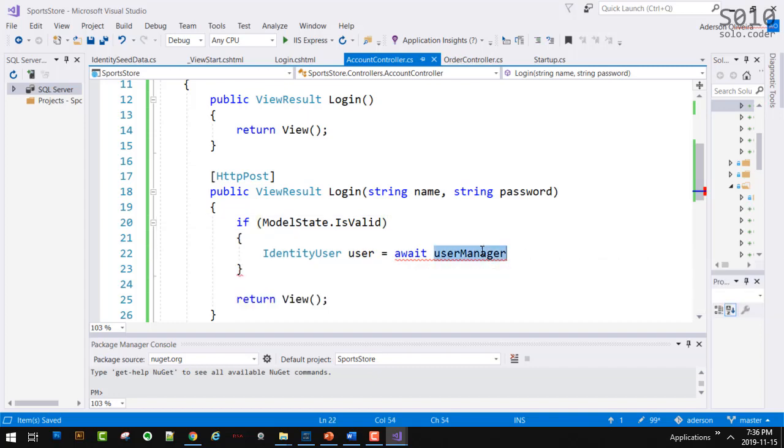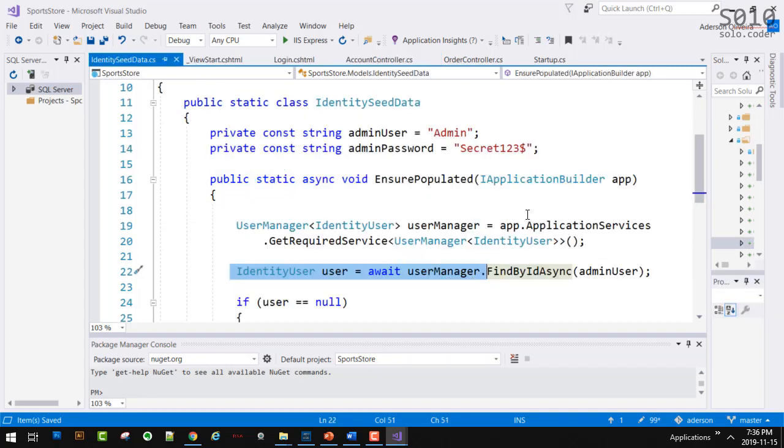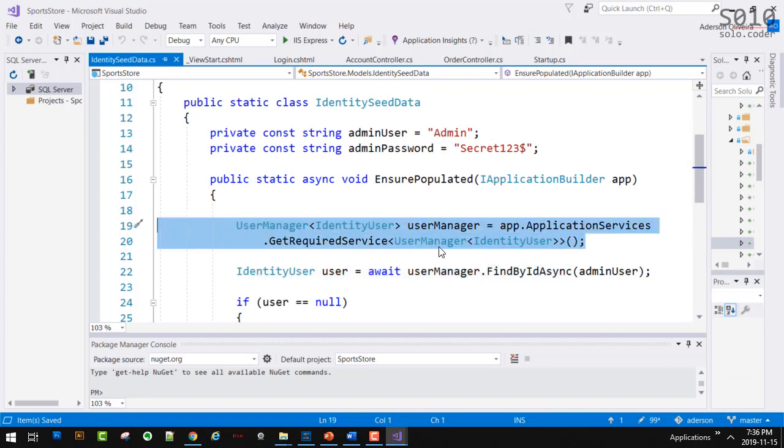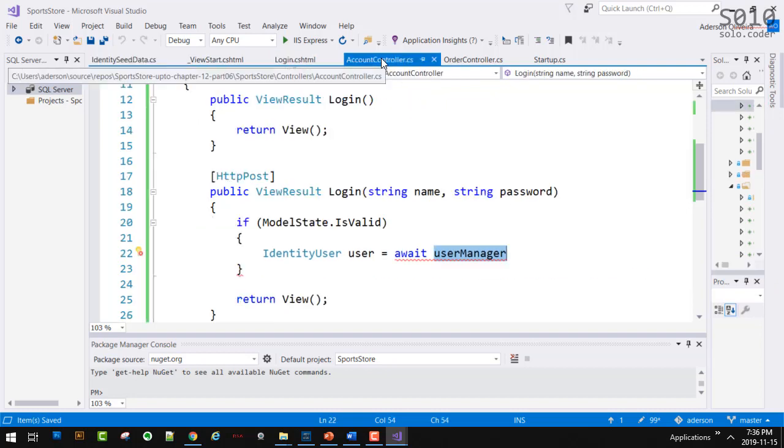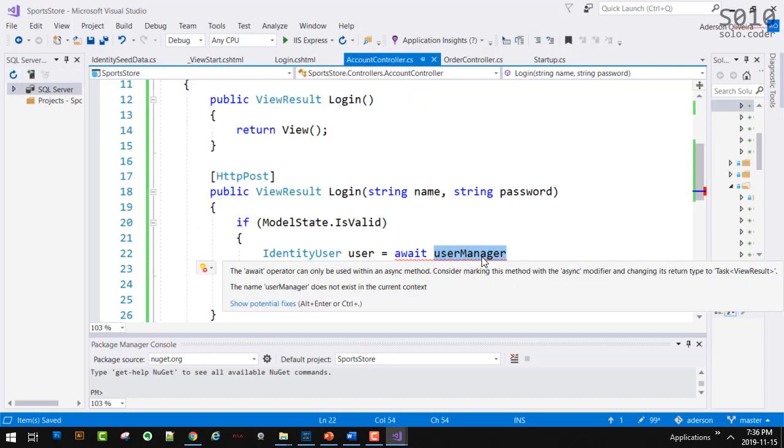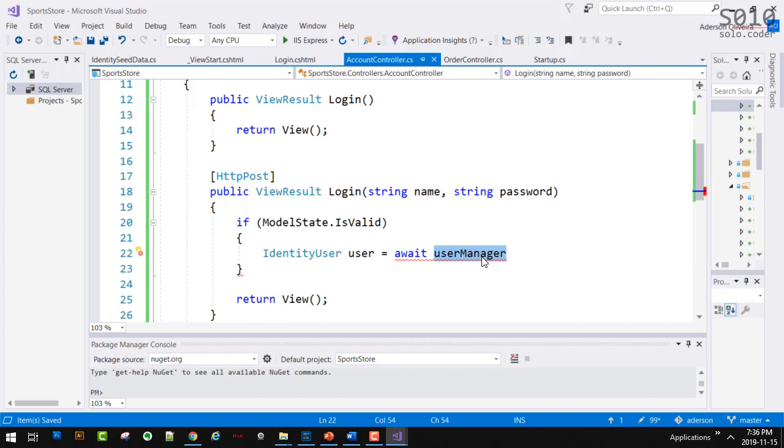Now, UserManager. Well, UserManager here in the identity seed is being declared and created here. In our case, in our account controller, UserManager is our link to the pool of users, okay? In a way, you can think about the UserManager as the repository of users, okay?